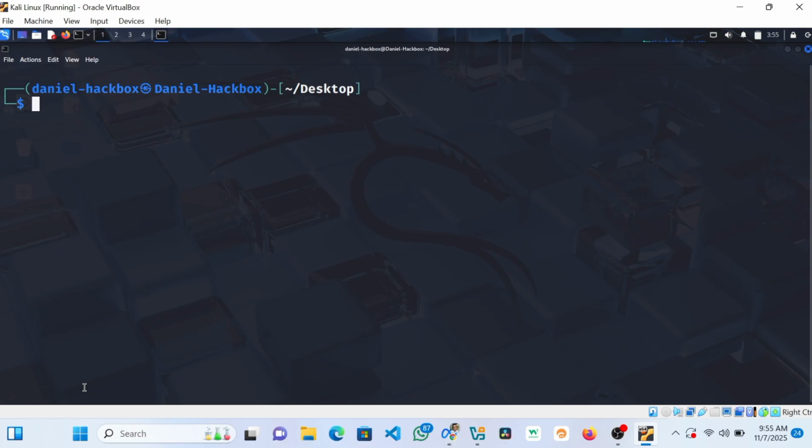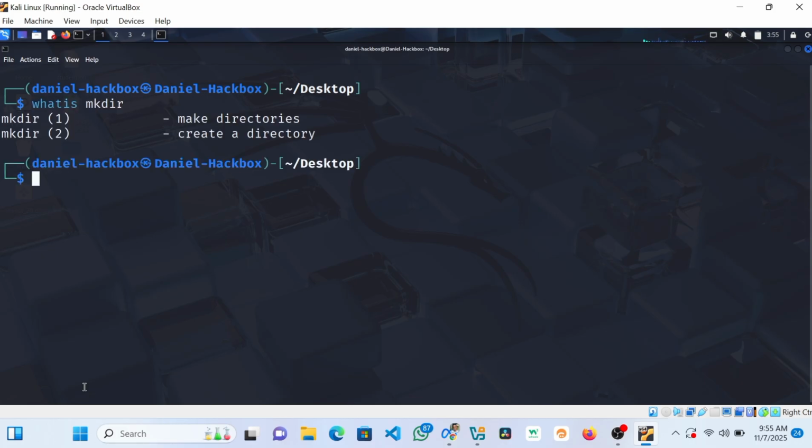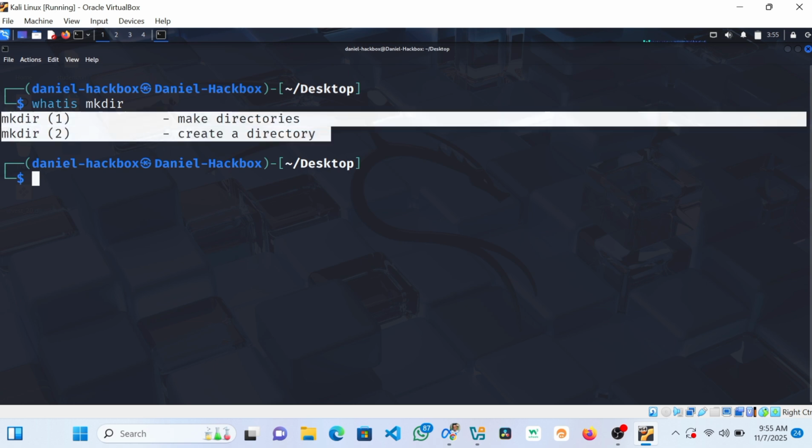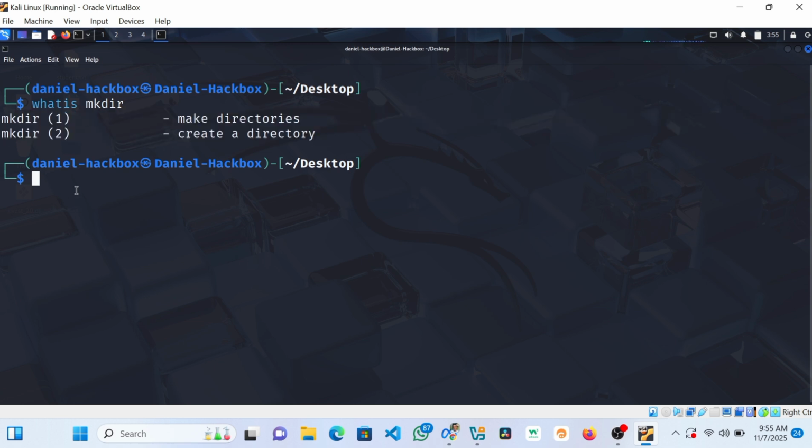So you can ask what is mkdir. You can see that mkdir is used to make a directory or create a directory. So if you want to create any directory, you use mkdir, then the name of the directory you want to create, let's say